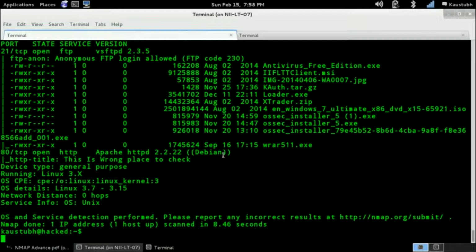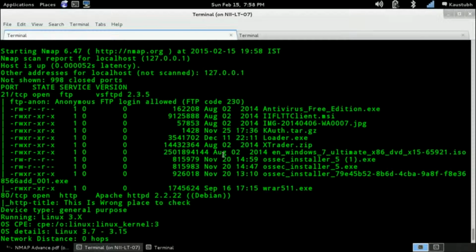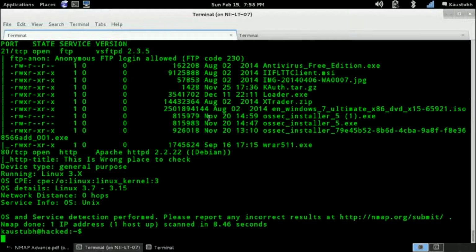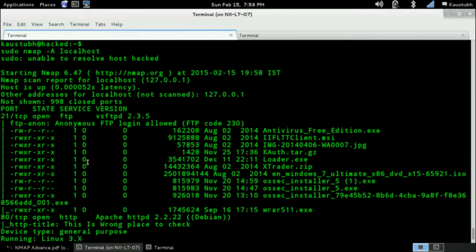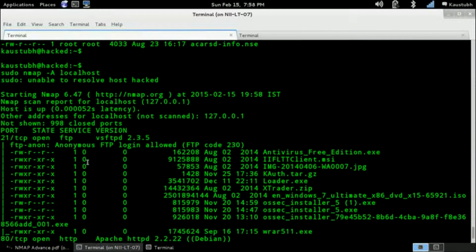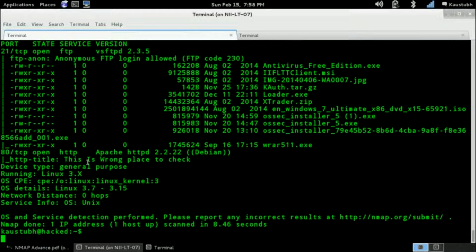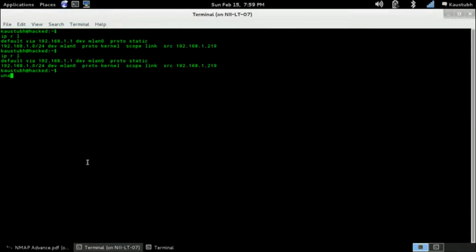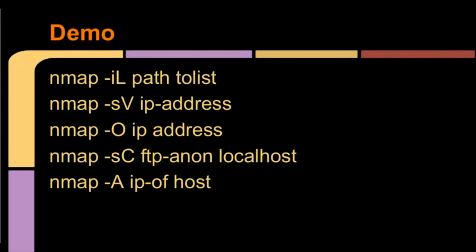Okay, and here is FTP fetch data. It shows the service FTP and the related information to FTP. Here it shows Apache running, and here it shows the HTTP title. If there is authentication and so on, it tries to check that also. Too many customizations are possible with scripts, and too many powerful techniques can be done with scripts.